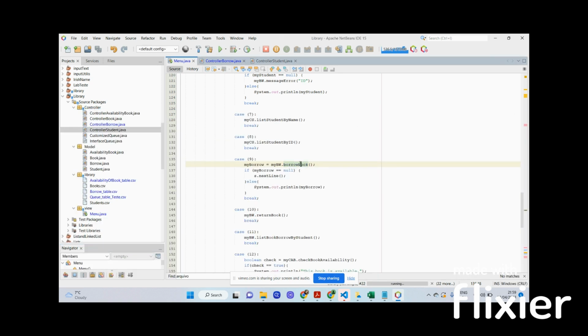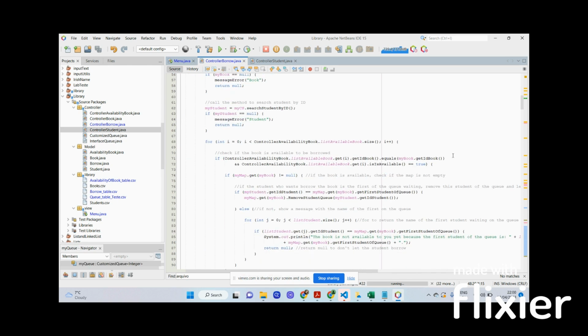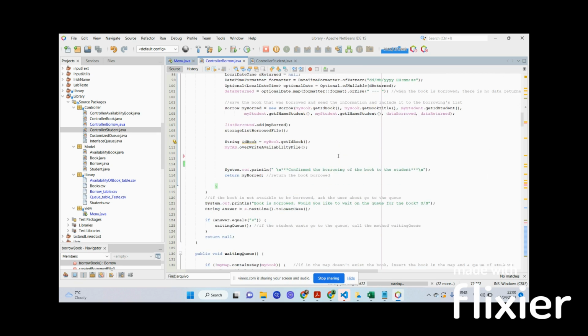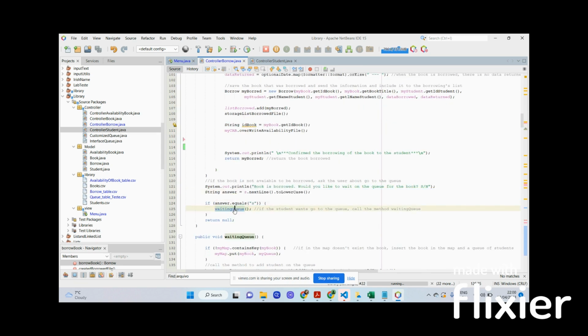And here, first of all, we decide to create a map, and inside this map, we have a book as a key, and as a value we have a queue, and we create our customized queue, and we have a queue of students for the book, and we check if the book is available to be borrowed. In this case it's not, so I skip all this part, and after the confirmation the system will call the